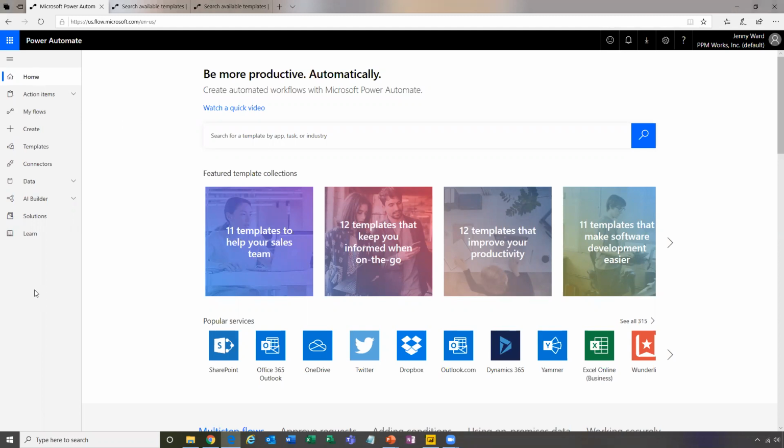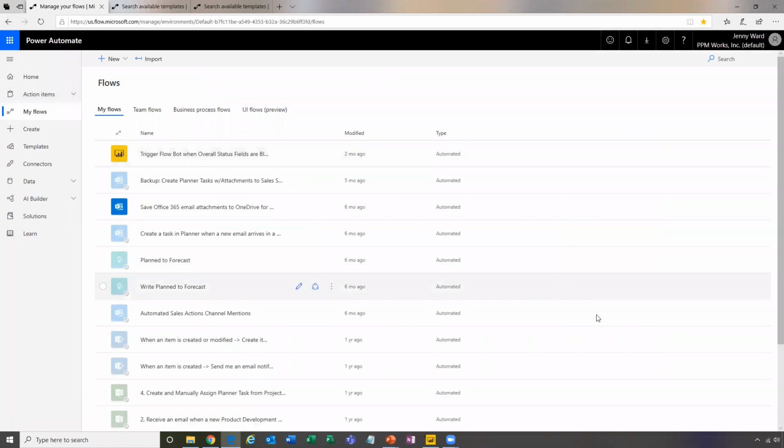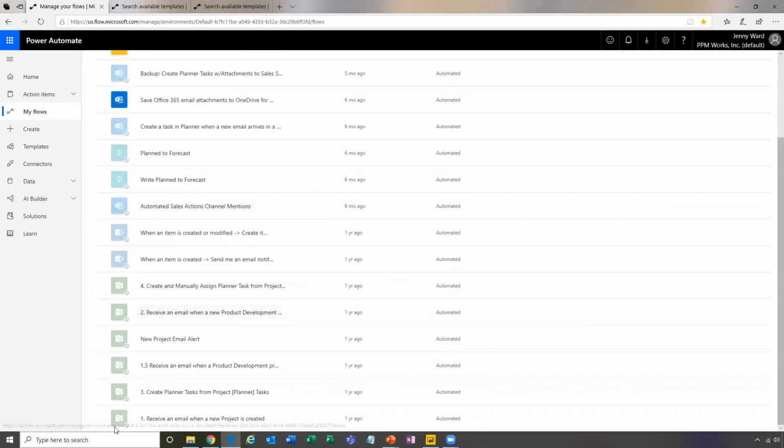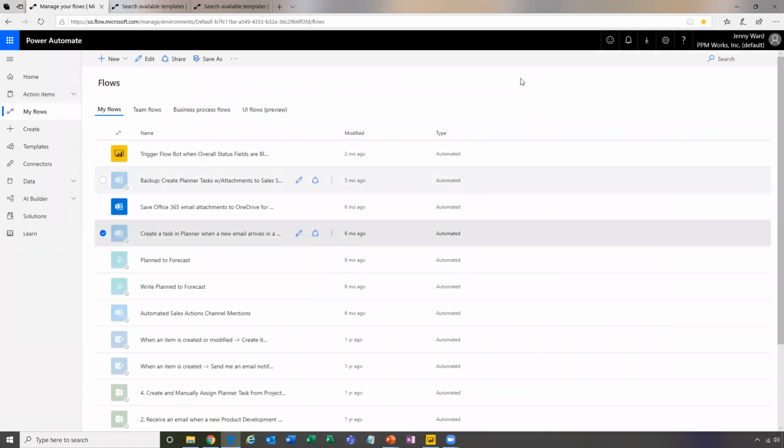Over here on the left-hand panel, you can see it's your standard quick launch kind of bar. We've got the home page here, which is where I am. When I go to my flows, you can see that I have many flows in here. This is a really good example of, see how all of these are dim? That is because these are turned off. I can turn them back on if I want to, but I've got them turned off just because I tried them out. I don't want to use them right now, but I can always go back to them in the